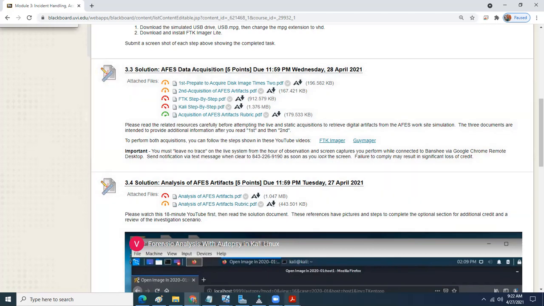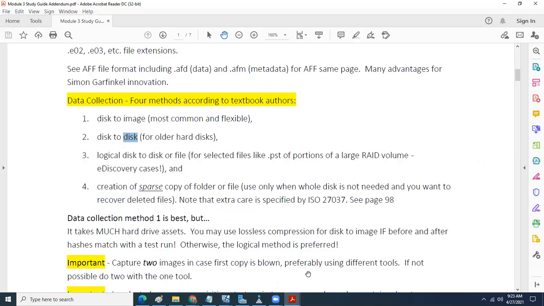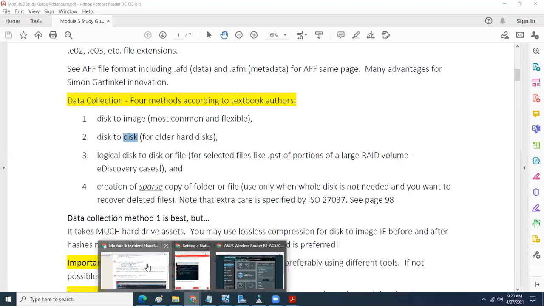And that's what we were talking about here in our addendum. You're going to have all these different types of media. And if you have a very large storage capacity, you can basically make precise digital images of the entire disk. And that's the most ideal, the most common, and most flexible method. When we talk about very large independent capacities,